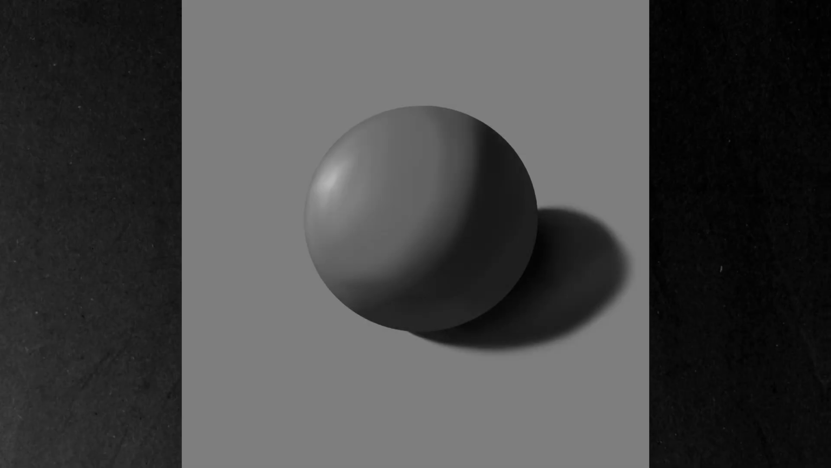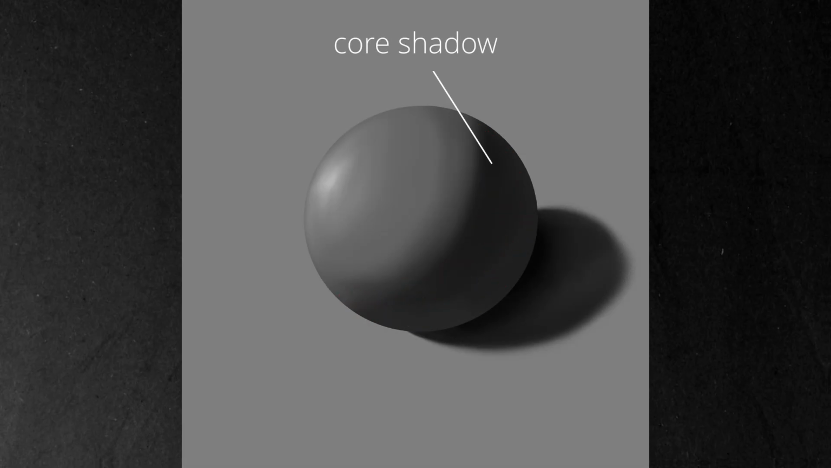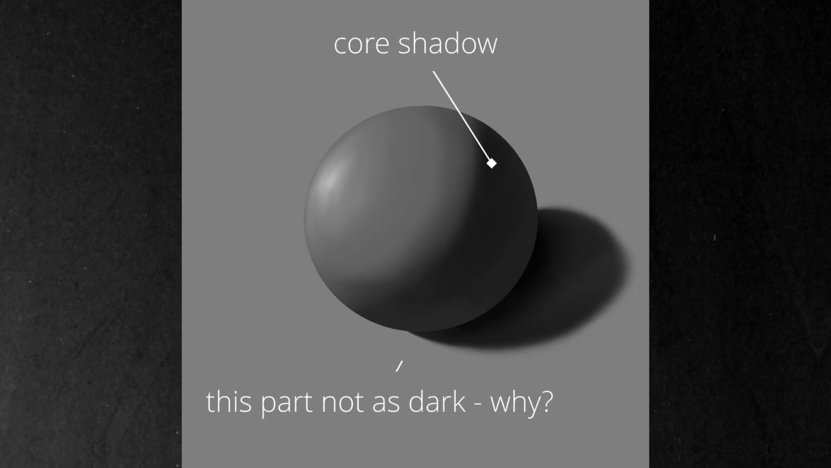This might seem counterintuitive, but the darkest part of the shadow on this sphere is actually this part. So why is it that this part is the darkest part of the shadow and the bottom is actually slightly lighter? Well,